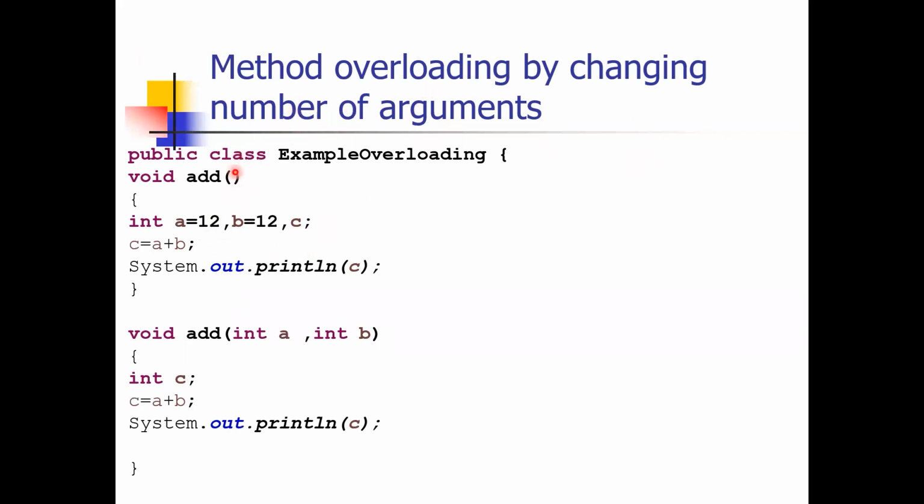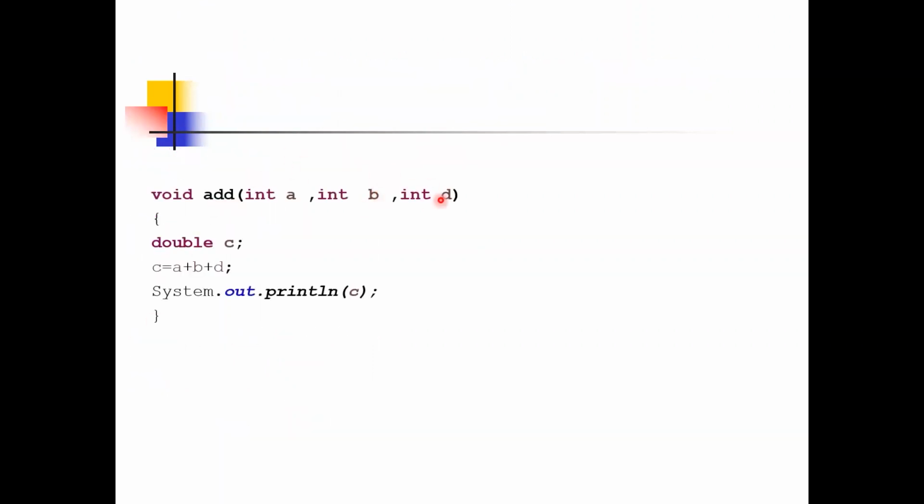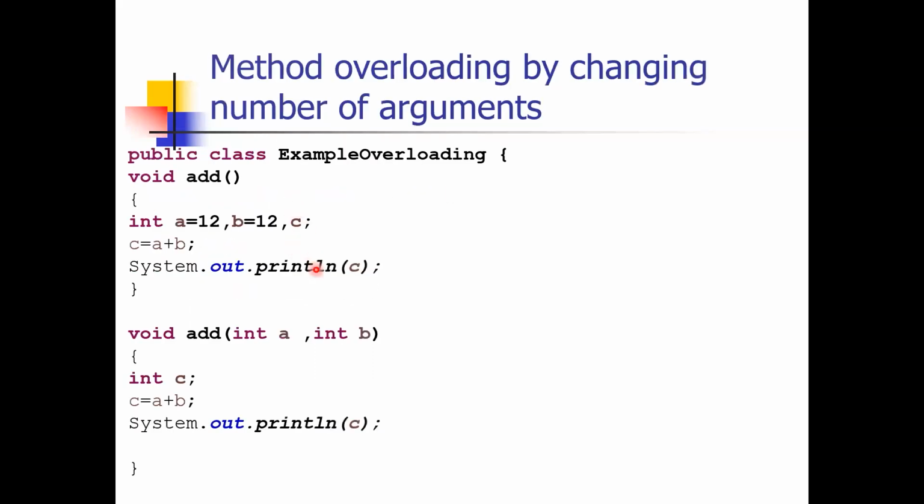Means here no numbers, here two numbers, here three arguments: int A, B, D. We have mentioned double here, but it's not necessary. You can write int here also. Okay, int C is equals to A plus B plus D. So in this way, in this method overloading, what we have done is we have given the same name for different methods, only